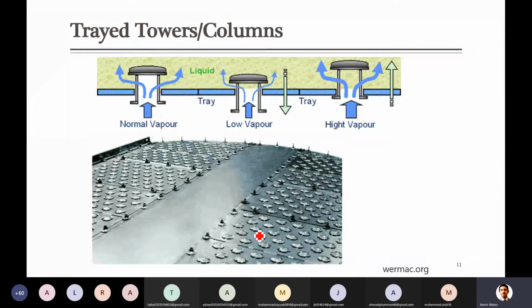For example, here in this diagram you can see that there are some structures and they seem closed, they are just fixed to the surface, and when the pressure of the vapor appears from the bottom, it will push these valves upward, the valve seat will be moved towards the top, and vapor will find the path to move away. And with the help of these arrows you can see that as you keep on increasing the vapor pressure, their opening keeps on increasing, but there is definitely some limit. Up to that you can go, after that it will just stop even if you keep on increasing the vapor flow rate.